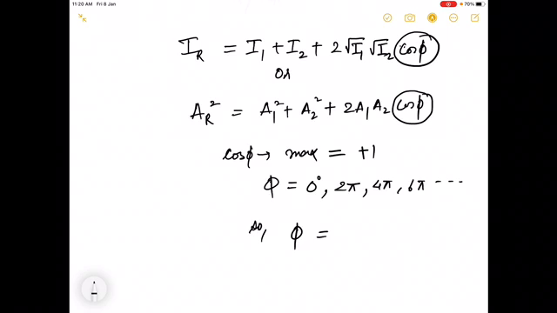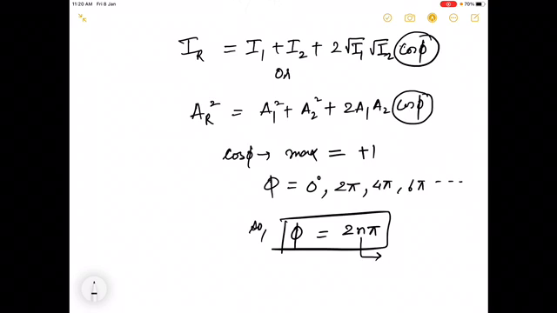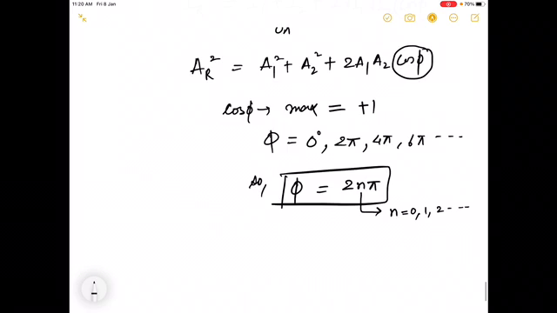So we can simply say phi will always take values 2n pi, right? The n should start from 0, 1, 2. So n should actually be a whole number, right? I hope everybody agrees with it, right? So if that is true, let's also